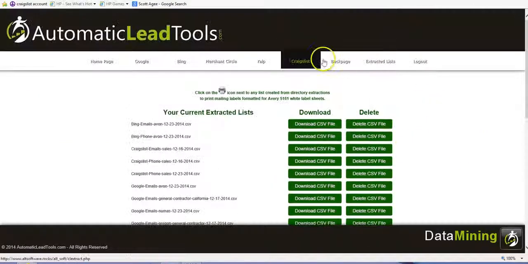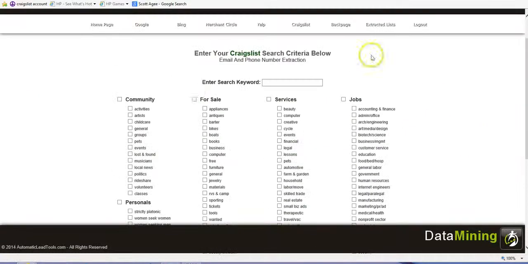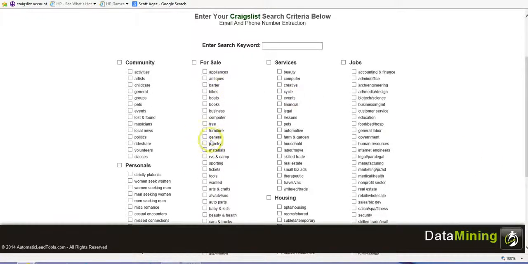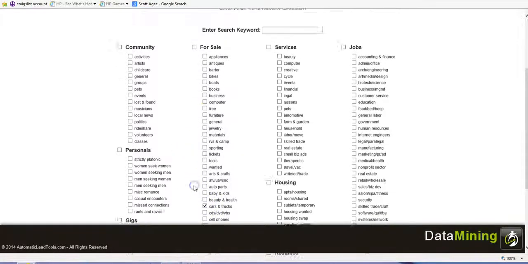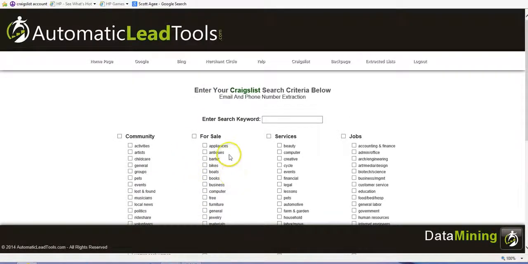Because we could also do Craigslist and Backpage, which we can look for anything, right? Car dealers, they love this because they can look for people selling their vehicle. Most people selling a car or a truck, which is right there, want to buy one. So they can contact them. There's just all kinds of different ways they can use this software, and businesses absolutely love it. And this is the software you're going to be selling.